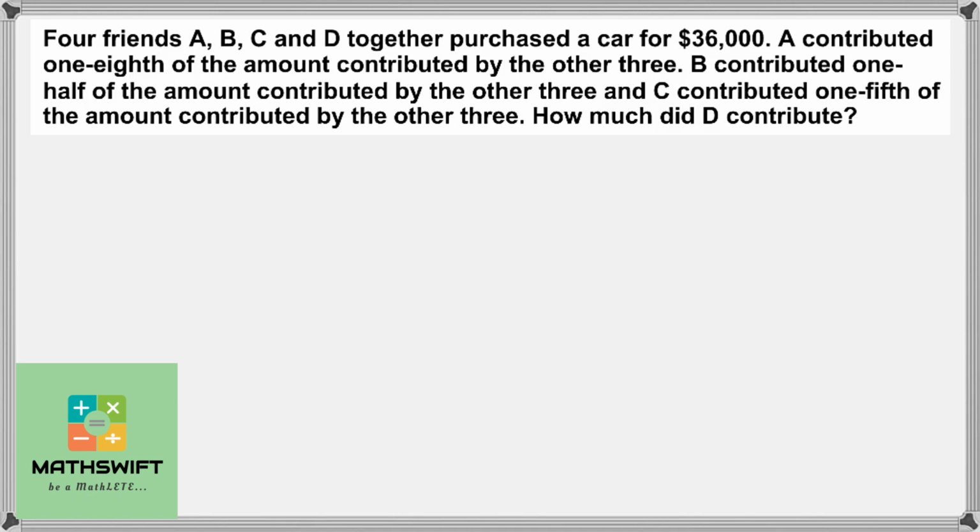Okay, so the first one says that four friends A, B, C, and D purchased a car for $36,000. Let's not judge them. A contributed 1/8 of the amount contributed by B, C, and D. Let's denote the amounts contributed by A, B, C, and D by A, B, C, and D respectively. We can then write it mathematically as